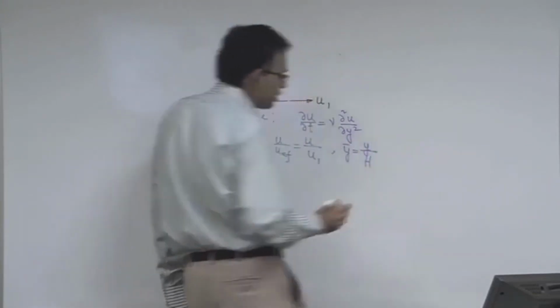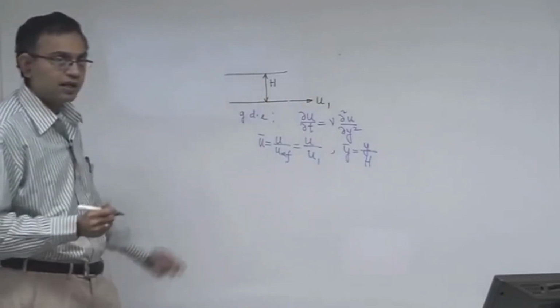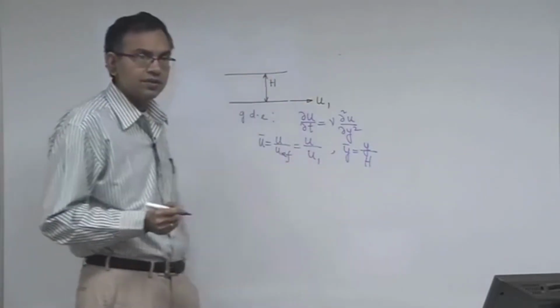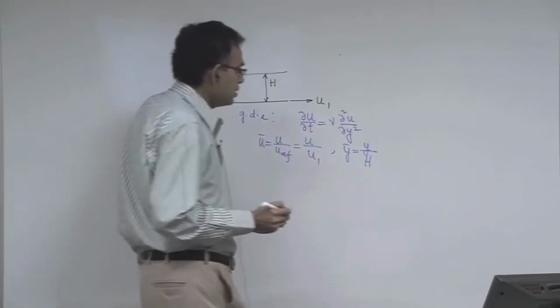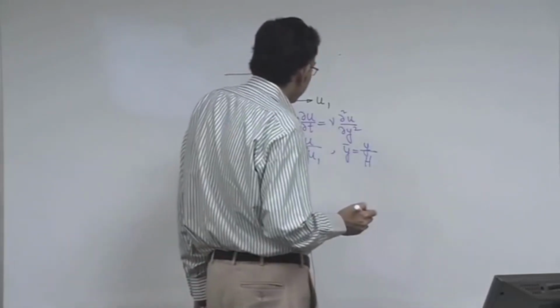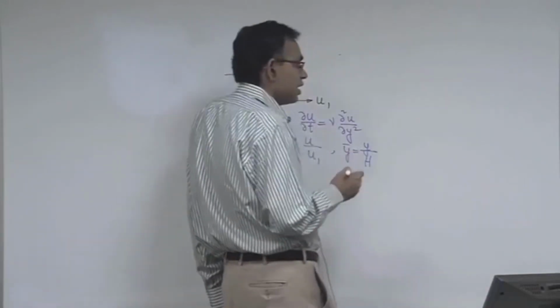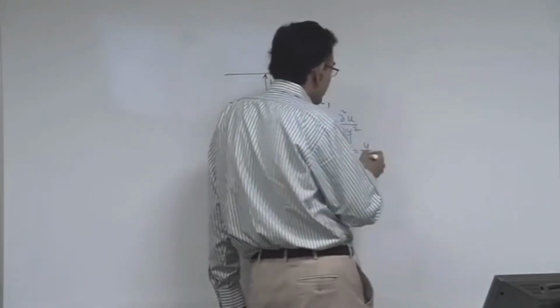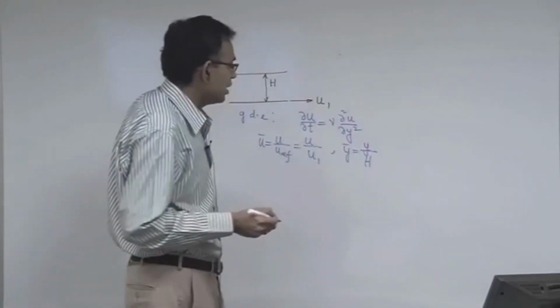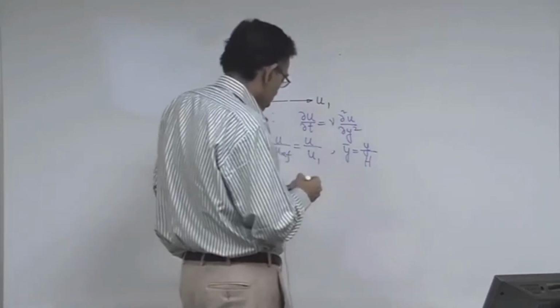Unlike the classical Stokes first problem, here the natural length scale is h, and then there is a natural time scale. The time scale is a function of nu and h. So, that can be worked out